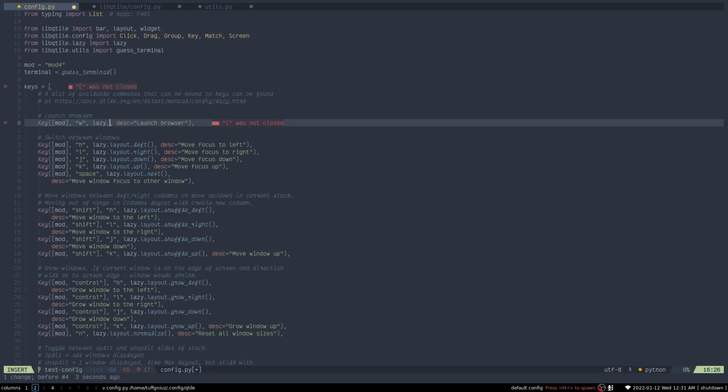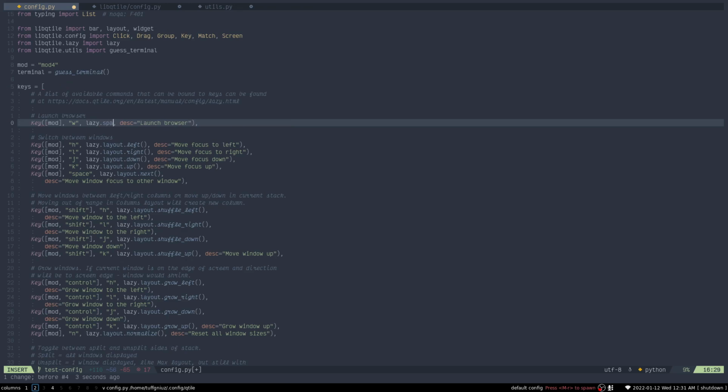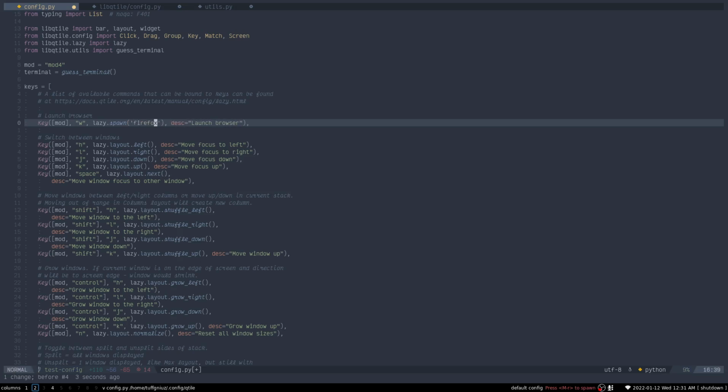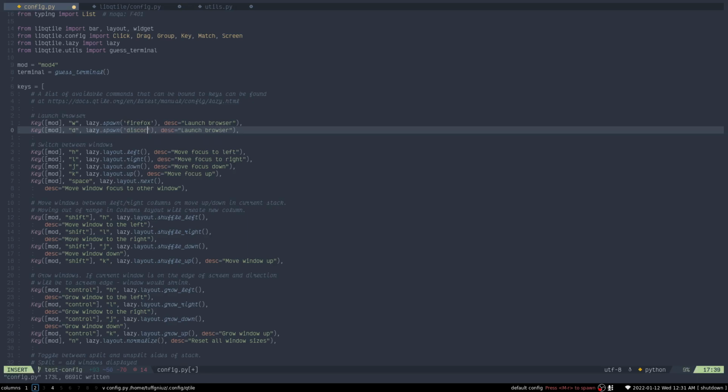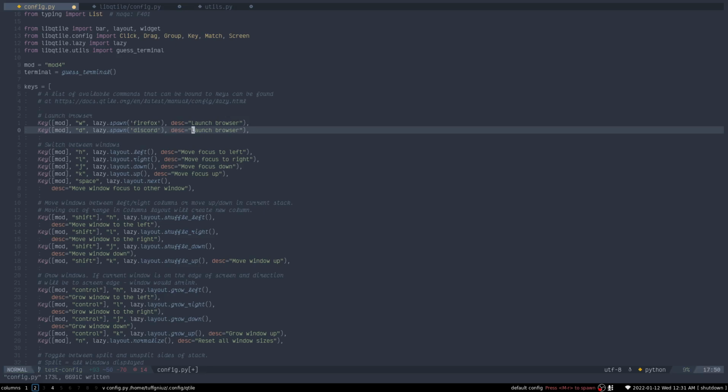But to launch an application, you can call the spawn function. So spawn like this, and then Firefox is the application that I want. And then I'm just going to save it. You can, of course, add as many as you want. So, for example, I could add Discord. I also have a binding for Discord, like this, and then